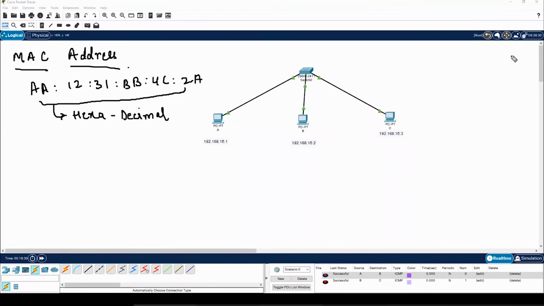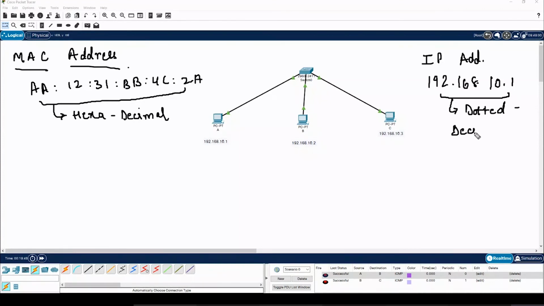And if we talk about an IP address, this form is known as dotted decimal form.